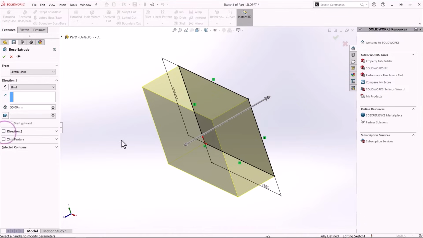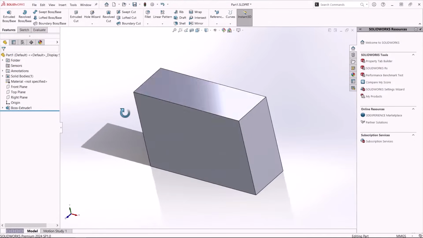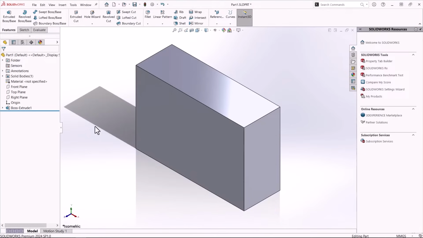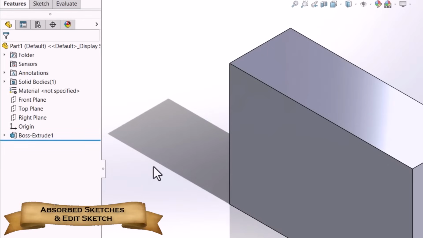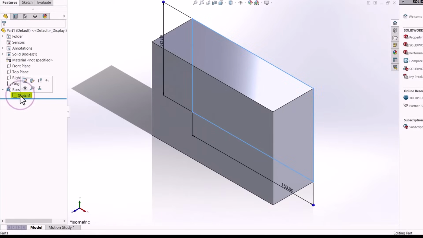To finalize the creation, we simply hit the green checkmark either on the top of the Property Manager on the left or at the top right corner of the viewport. You'll see the geometry is created and we can rotate around to see the model we just made. Last but not least, in the Feature Manager, you'll notice a new feature at the bottom of the design tree. Beneath the origin, you can see the Boss Extrude 1 feature that we just created. But what happened to our sketch? If you take a closer look at the Boss Extrude 1 feature, you'll notice a small arrow on the left. Clicking on this arrow expands the Boss Extrude 1 feature, revealing the sketch we used.